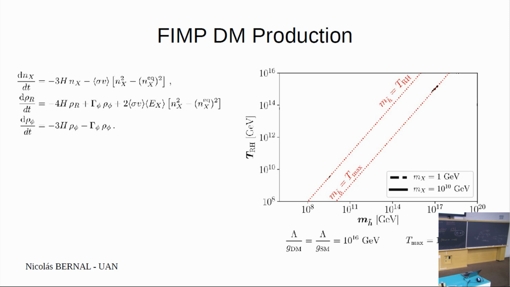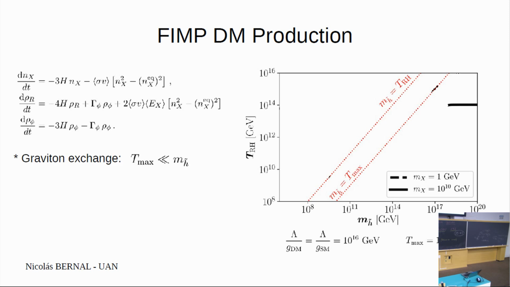will not scale like t squared, but more like t4. So we have to keep track of the evolution of the Hubble expansion rate, because it's an important fundamental ingredient in the evolution, in the solution of the dark matter number density, right? So here I'm showing you the heating temperature that I need in order to reproduce the dark matter relic abundance.